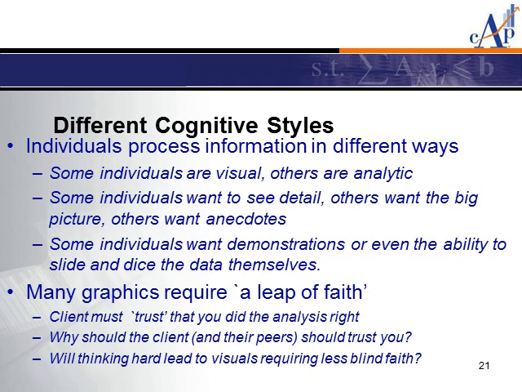One of the things about data science, data analytics, is we're trying to build databases that can please a lot of different kinds of needs. It's important to remember that individuals have cognitive styles. There are people who genuinely want to get into and slice the data and dice the data themselves. And it's very, very important that we have the capabilities to respond and provide for those individuals. Other individuals want the big picture, want anecdotes, and so on. So again, we just have to be sensitive to the fact that it's different strokes for different folks.